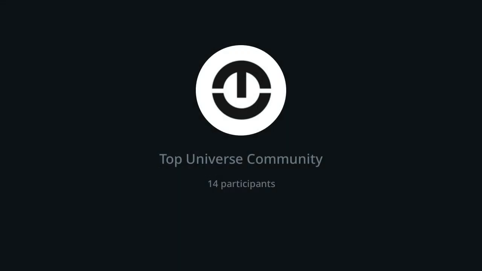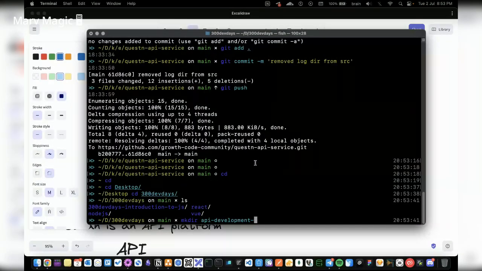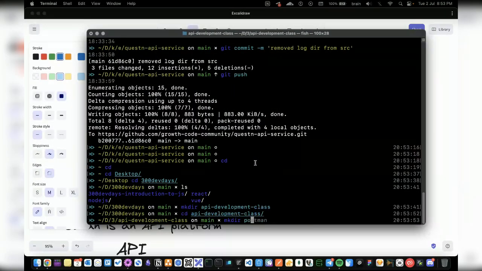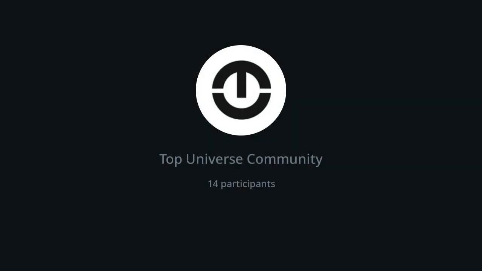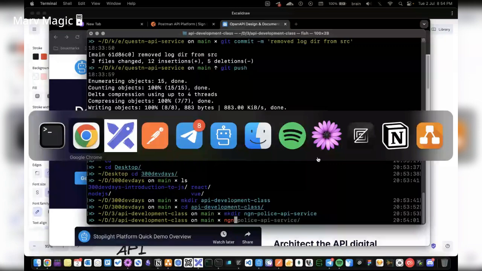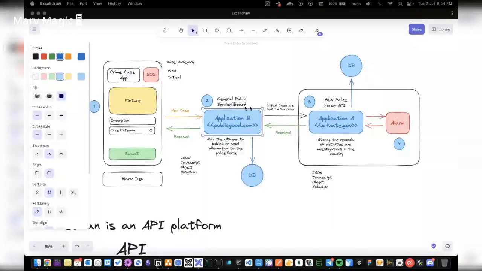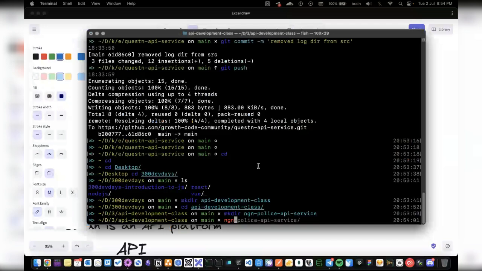Okay, so let's go into that folder. Let's make a new folder here called the MGN police API service. Okay, and another one, called the General Public Service Board. So make directory general public service board.